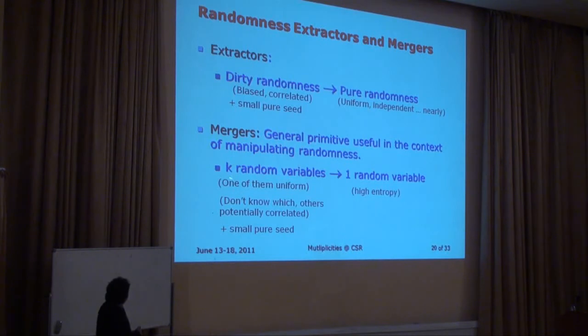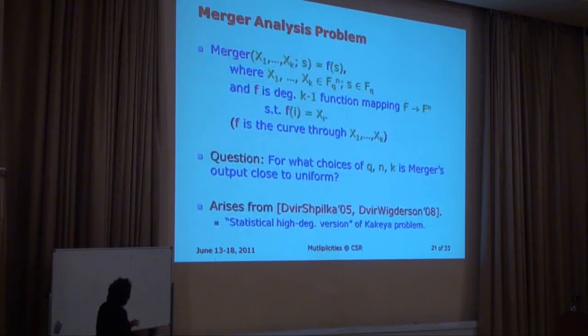Roughly, what was the state of the art prior to our work? You could do this merging. It would take you roughly log of n random bits to do the merging, where n was the length of each one of these random variables. Each one of them is uniform on n-bit strings. What we were able to get after our analysis was log of k. You have one of these that is uniformly random, so if you could pick one of them at random, that takes log k random bits, and roughly that suffices. So that's the theorem. There was a merger analysis, etcetera, I won't get into it.